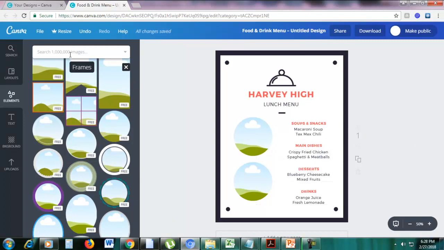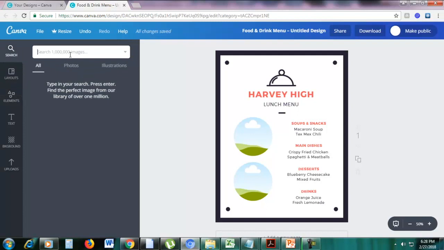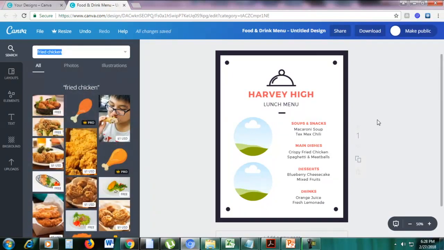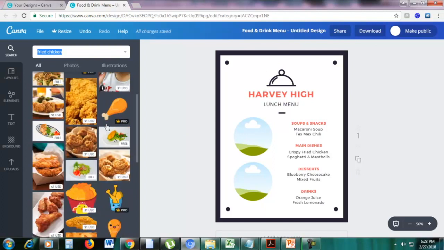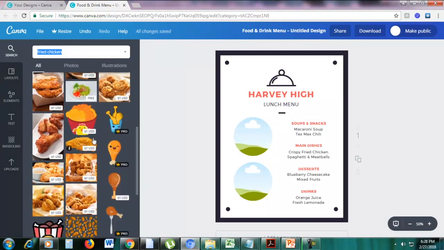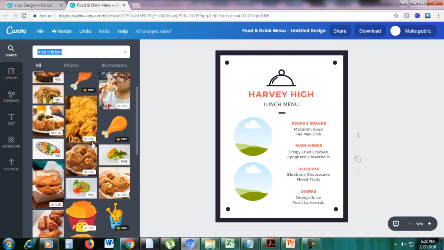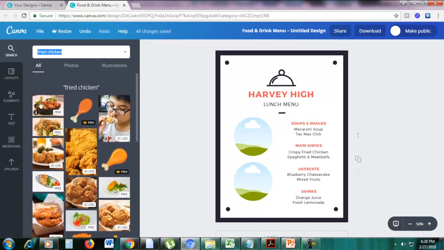Okay, so let me just look for a picture of a fried chicken. Okay, so to do that, you just go here on the left top section, click search, and then type fried chicken. Okay, so here are some pictures of fried chicken. As you can see, some are free and some cost $1. Okay, so if you don't want to pay $1 and if you don't want to use the free pictures here,